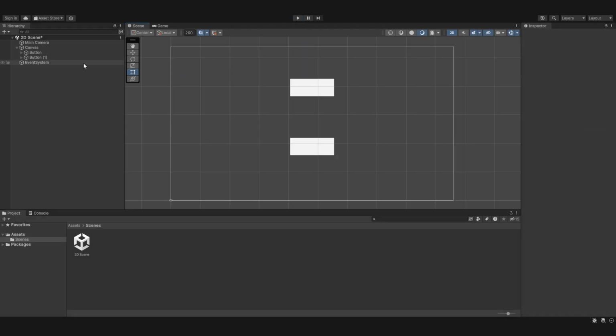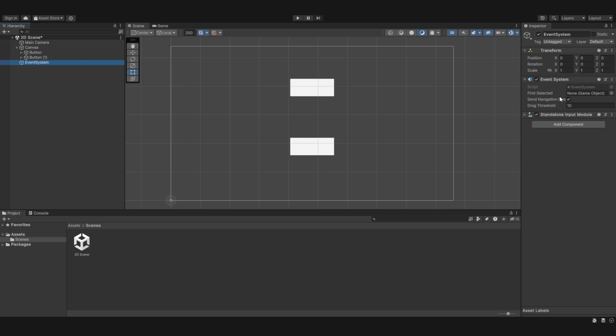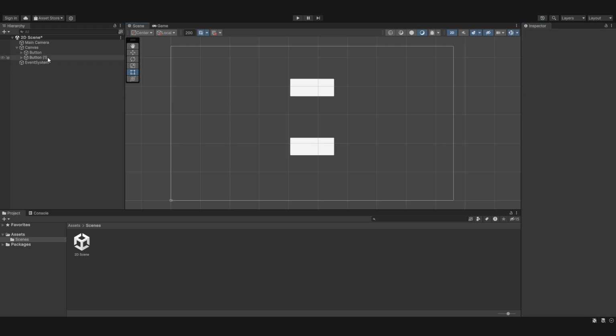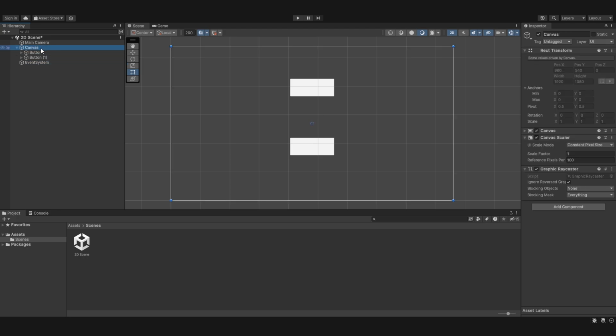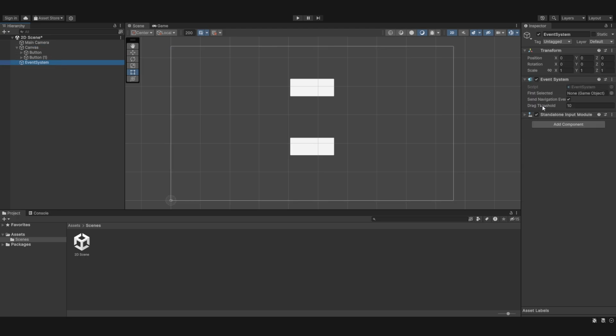So I hope this video helped everyone. It was quite basic. I know I didn't really go into much detail, much explaining, but there's not much to talk about with the event system. First selected, that's quite straightforward for what element is selected. Navigation events, do you want to send navigation events, so like moving, submitting, things like that. Do you want to send them or not? Pretty straightforward. And drag threshold, that's a bit more like that's playing around. That's sort of something you have to play around with yourself to discover. You can't really